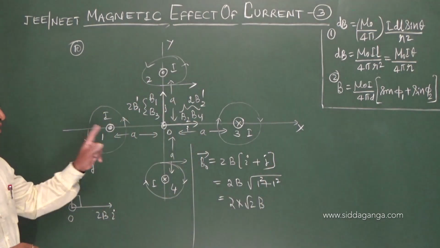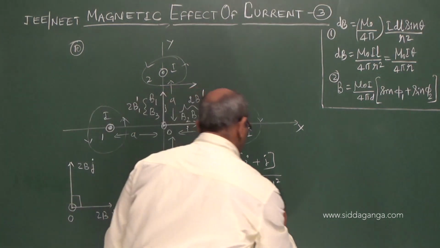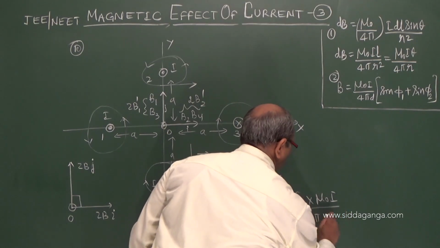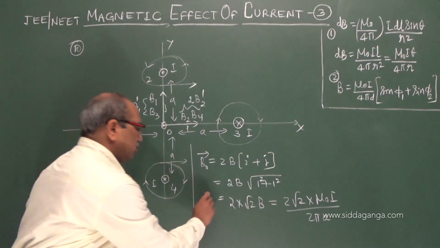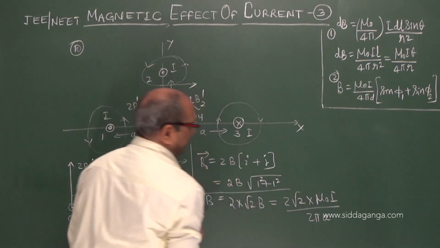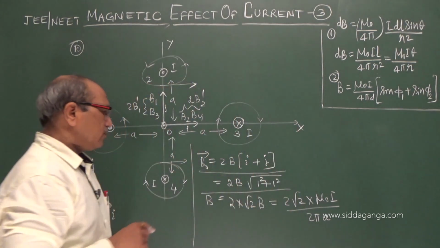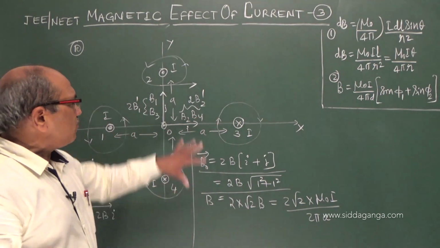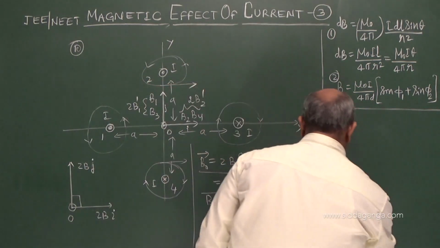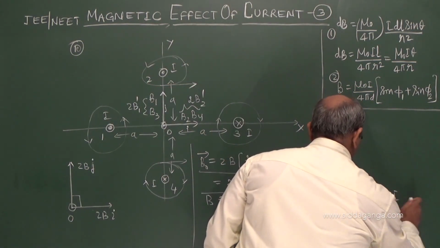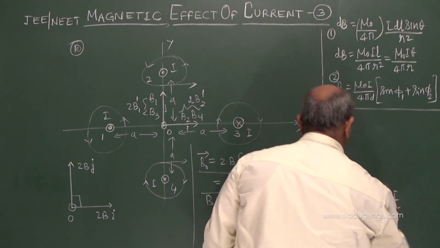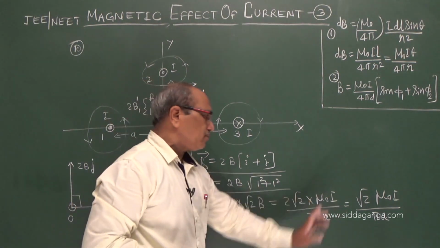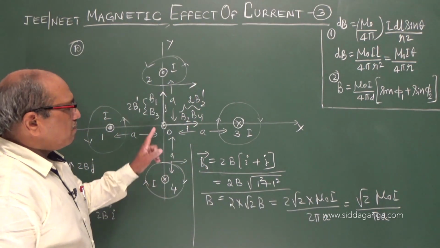2 root 2 B, for an infinitely long wire at a distance a, what is the value of B? 2 root 2 into mu naught I upon 2 pi a. I am coming to only the magnitude. This is the direction; the magnitude we take. B can be written as mu naught I upon 2 pi a, where a is the distance. Current is the same for all. So the 2 cancels and we remain with root 2 mu naught I upon pi a. That is the magnitude given to you there: root 2 mu naught I upon pi a.